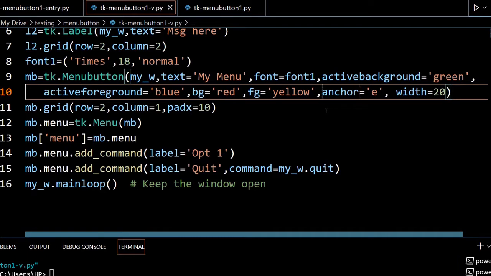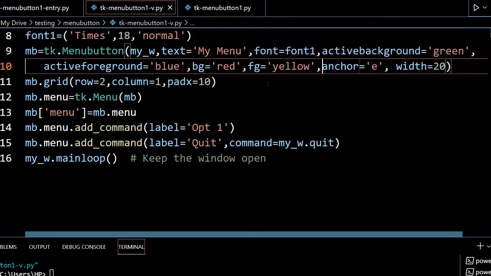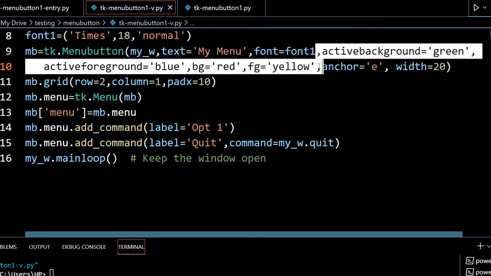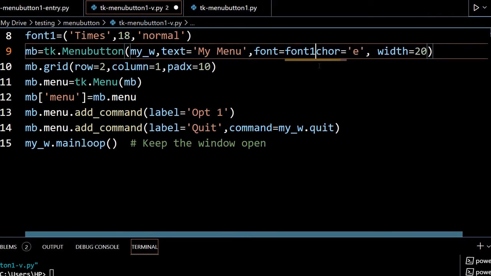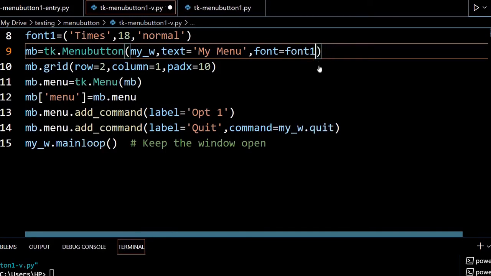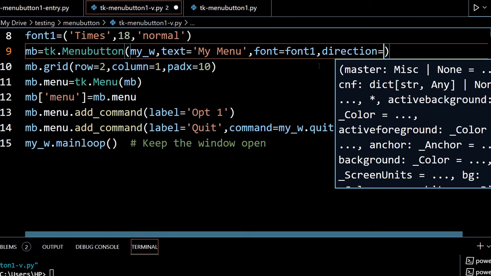Now after the anchor, let's go to font. We have already seen this. The font, I can change the font also here. So font size I can change. Now one thing is direction, which direction it will open. Now let me just remove some of this that are not required. You have already understood this. Now width also I am removing. Now I'll say direction. Direction, I can open it in the left, right, below or flush. So these are the values.